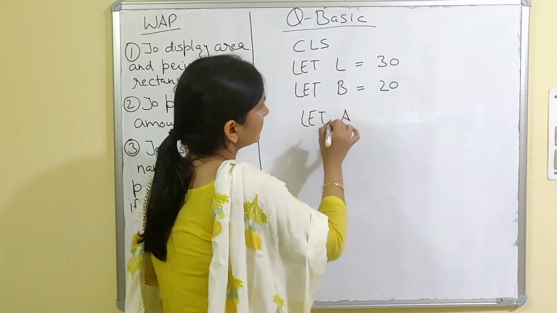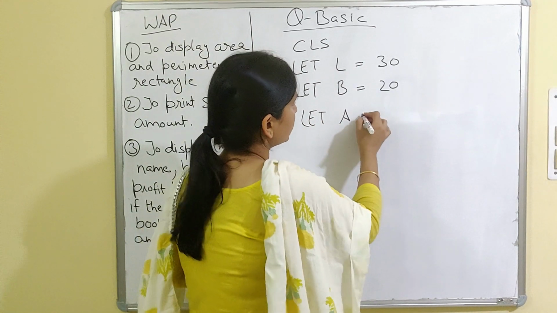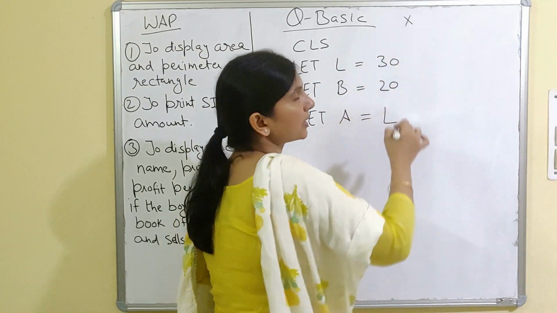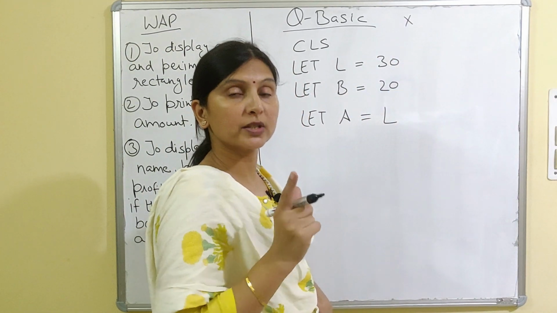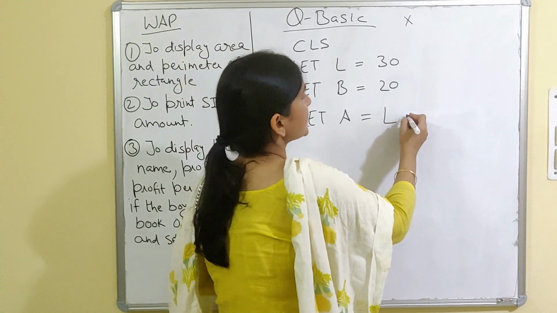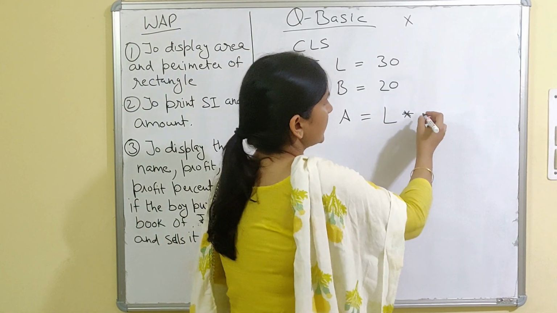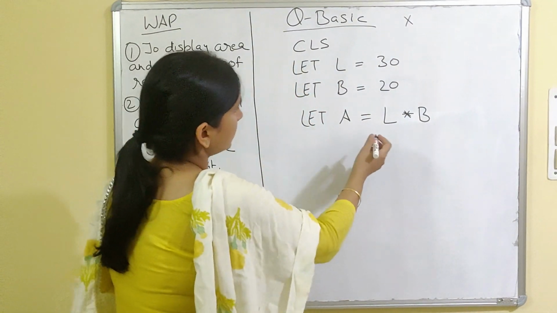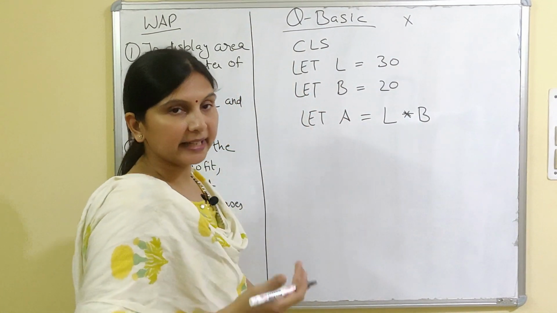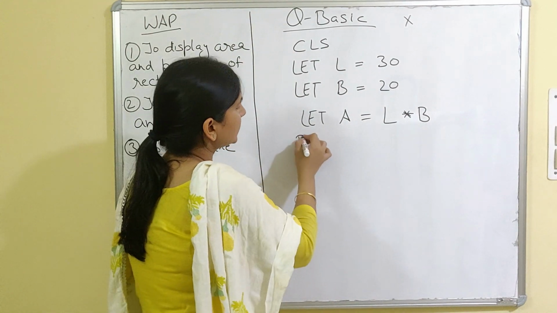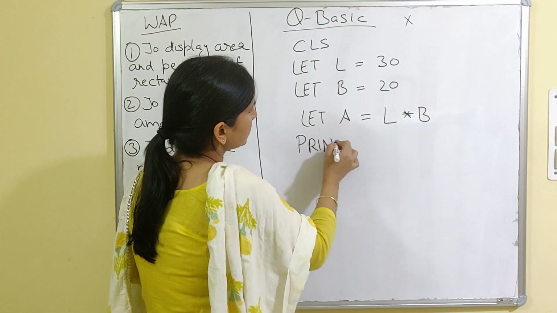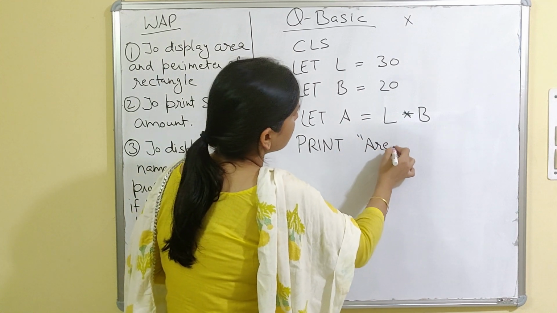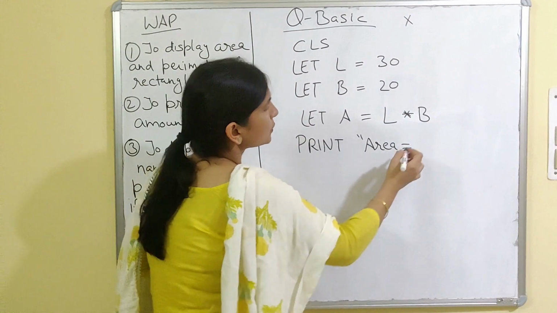So what is the formula of area? Let A, for area, equals length into breadth. But we will not use this multiplication sign. This sign we use in mathematical expressions, and in a QBasic expression we will use an asterisk. Length asterisk breadth. Now to display the area, which statement will we use? The print statement. Print "area equals to",